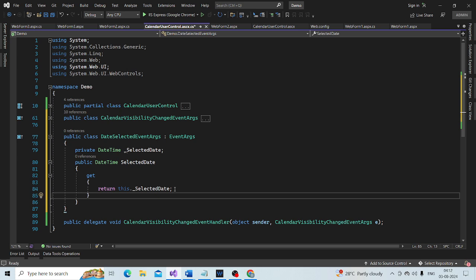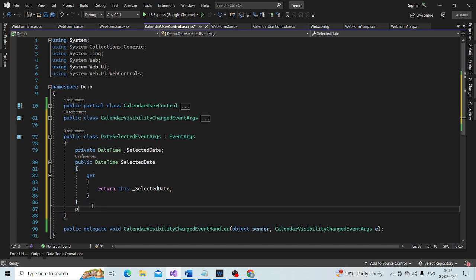So public DateSelectedEventArgs, and to the constructor we want to pass a parameter, and that parameter is used to initialize the private field.